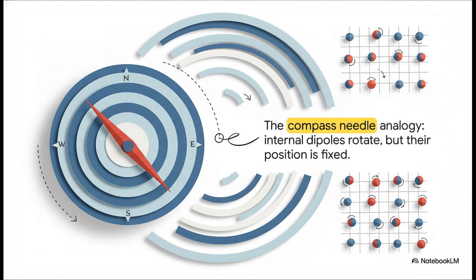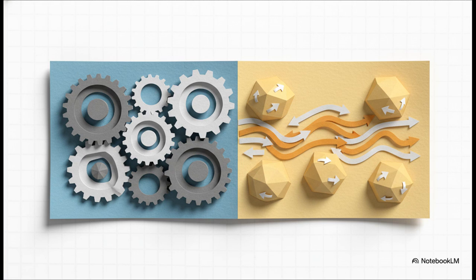In the same way, the framework proposes that internal dipoles inside each phasma unit rotate to align with fields. Their actual position in the grid stays locked, it's just their internal orientation that changes. And that chain reaction of reorienting is the field propagating. So what you end up with is the state of dual equilibrium. The substrate is constantly in a balancing act between two different forces at the same time.